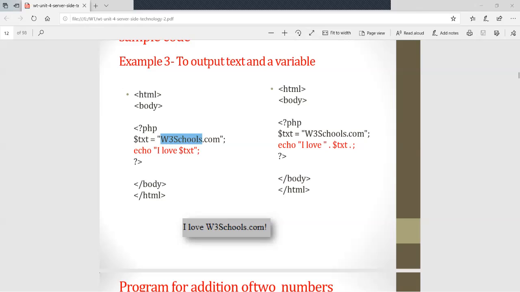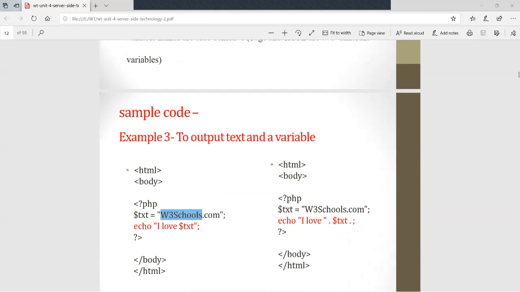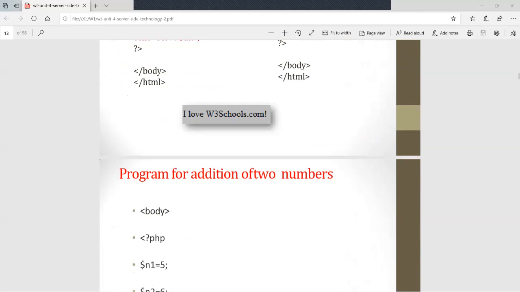Of course the output will be I love w3schools.com, because these two strings can be concatenated: I love, dot, the value of the txt variable. The value assigned to txt is w3schools.com. It is very easy. If we write it like this, it is also acceptable. Both ways we can write the code.